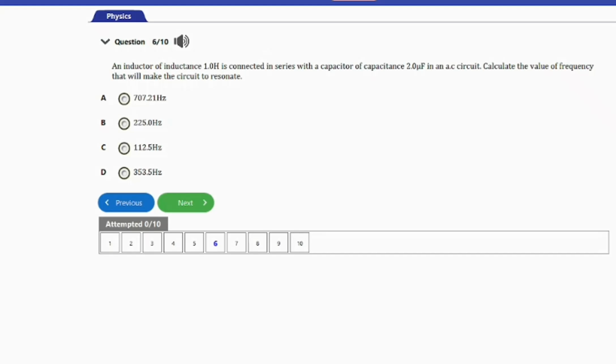So guys, the frequency of this circuit will be F0 is equal to 1 over 2 pi square root of LC. So that's 1 over 2 pi root LC. So if we want to calculate for this,